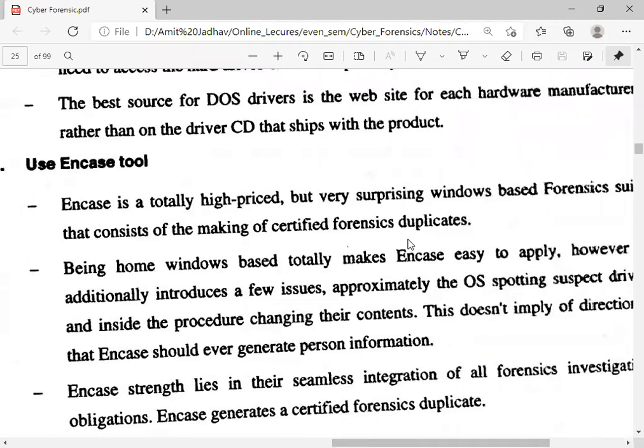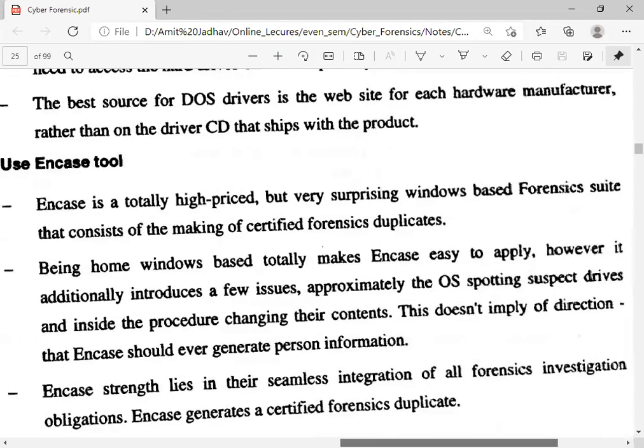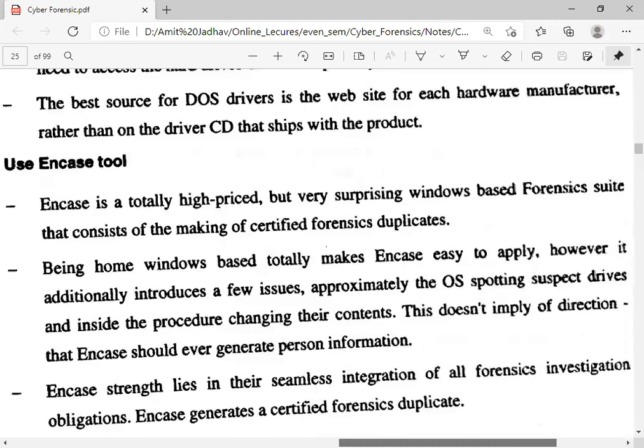So EnCase is high-priced software, but it is very useful for creating duplicates. Being Windows-based makes EnCase easy to apply. However, it also introduces a few issues, such as the OS recognizing the suspect drive and changing its contents in the process. This does not mean, of course, that EnCase would ever generate false information.